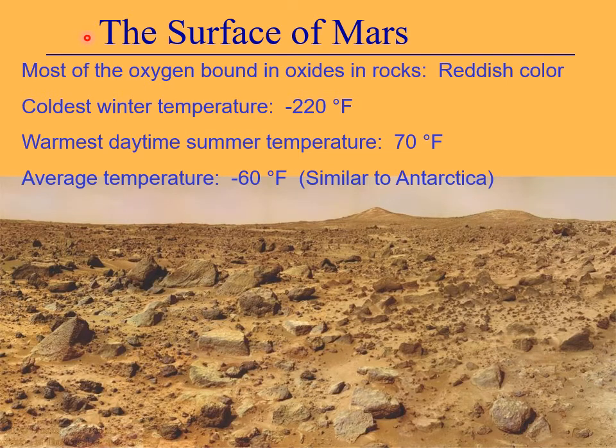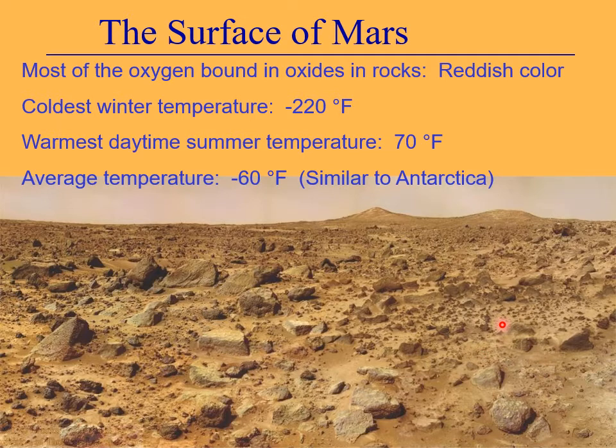Here's another really cool picture taken from a lander, a robotic lander that successfully landed on the surface of Mars, and took a nice picture here so you get a feel for what the Martian landscape looks like. As you can see, it's basically a barren desert, and what you can't tell in the picture is how cold